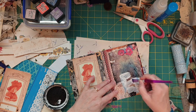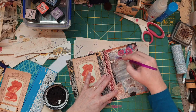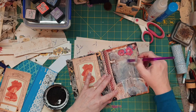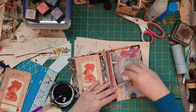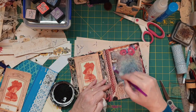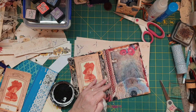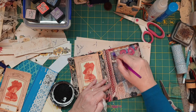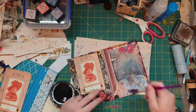I'm just going to put it over the top anyway, because you can write on it. Takes away the shine, which is good. And then lightens up the colour a bit. So at least you'll be able to write on this page now, because it's got a bit more grit to it and not shining. So put it on